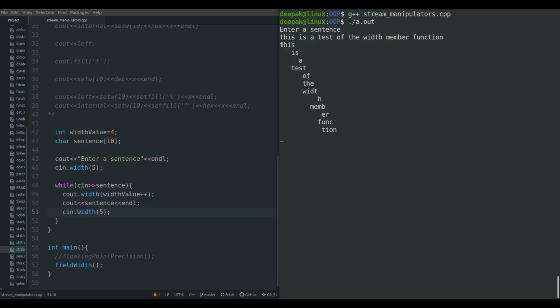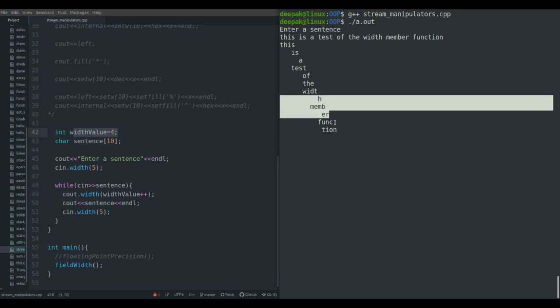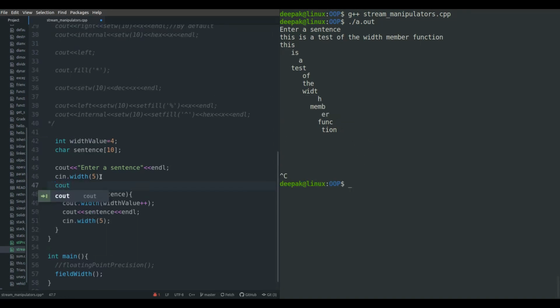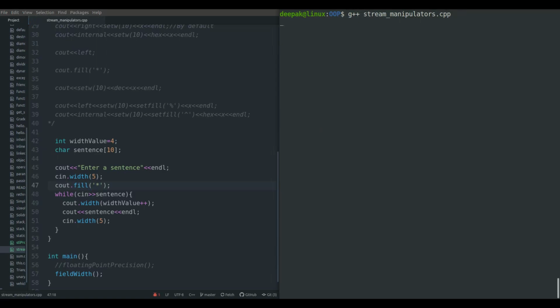In this case, this is giving us width value of 4, then it is increasing it one by one, right? And this is clear from this. You can also fill these characters using some value like star. Now try to compile and run this program.